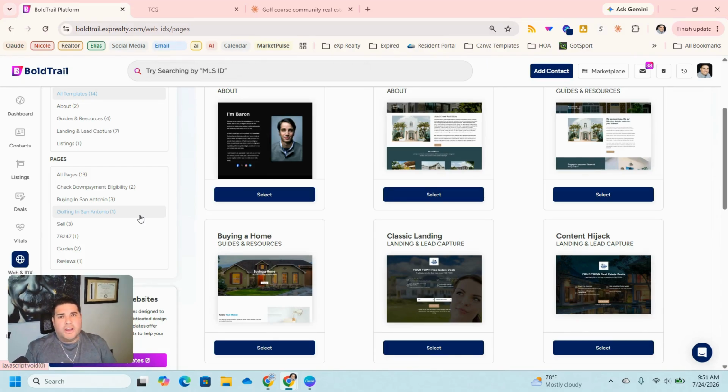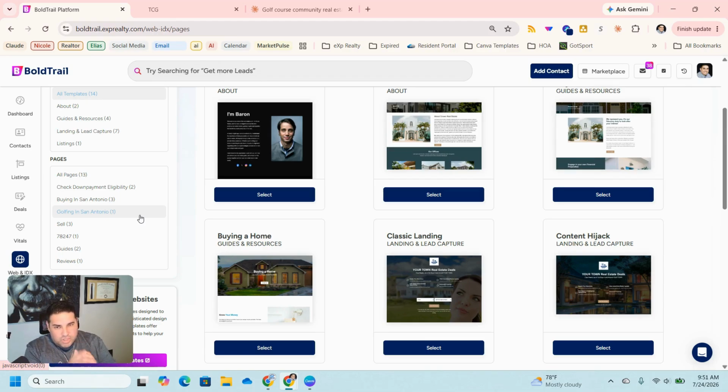You've probably been hearing a lot of chatter about microsites. Yes, microsites are great, especially if you're trying to become a hyper-local agent, meaning you want to stand out in an area. You build a sales funnel around that entire area, right? For example, I'm in 78247. I had a 78247 page built that just runs ads, and it has a complete sales funnel talking about everything